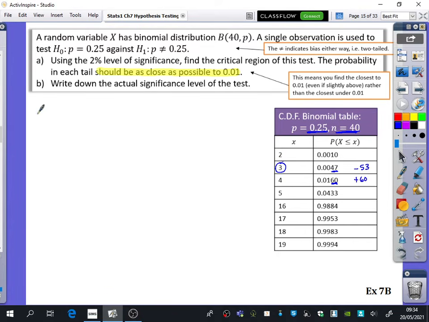So for part A, the low end critical region. So we said that had the one above rather than the one... No, no, no, that's only at the bottom end of the table. If it's the top end of the table, you just find it easy. If it's the bottom end of the table, you do the trick of adding one on, okay? So the low end critical region is that x is less than or equal to 3. And I'm going to put in brackets,